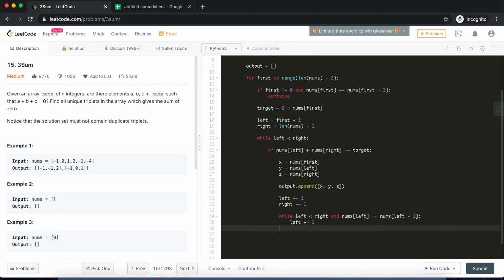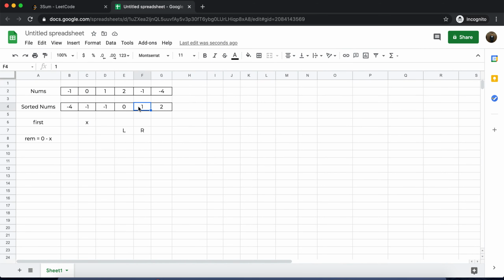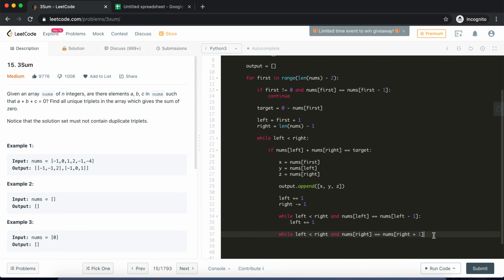Now I need a similar loop, so I'll write it down: while left is less than right, we do the same thing for right, but for right we check right plus 1. Because the right pointer we are moving backwards, in this direction, so to make sure that number is already processed, that number is just after us, right? That is why the +1 logic. And if the number is the same, then I'll have to adjust right again, keep on adjusting until the numbers are different. Okay, so that's the adjustment after the number is equal.